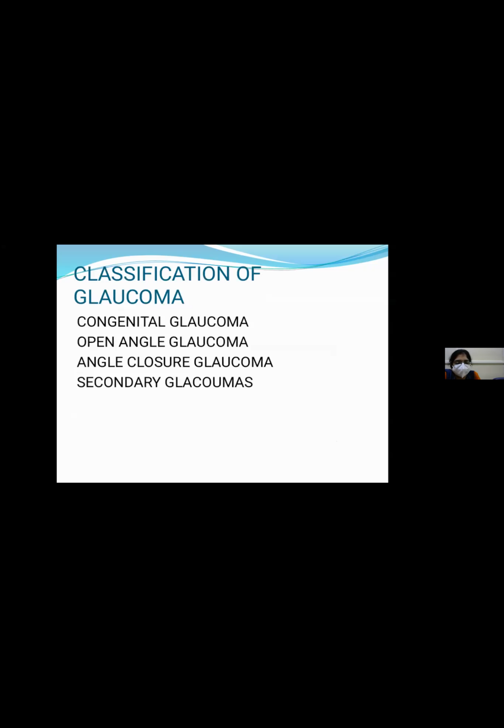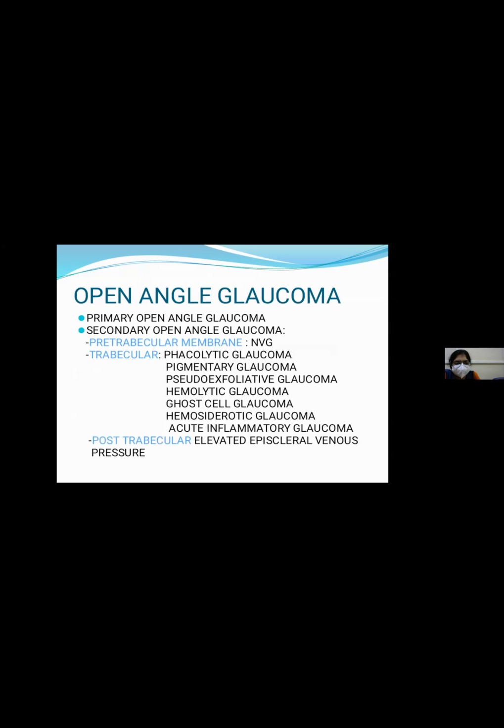Now, the classification of glaucoma is mainly into congenital glaucoma, open angle glaucoma, angle closure glaucoma, and the secondary glaucomas. The open angle glaucoma includes the primary open angle glaucoma and the secondary open angle glaucoma. In the primary open angle glaucoma, the angle is normal, the anterior chamber angle is open, and the optic disc changes